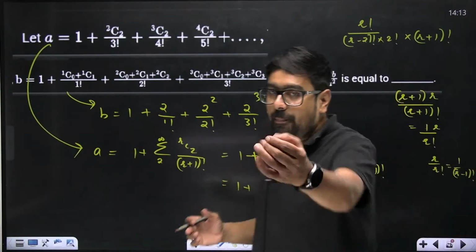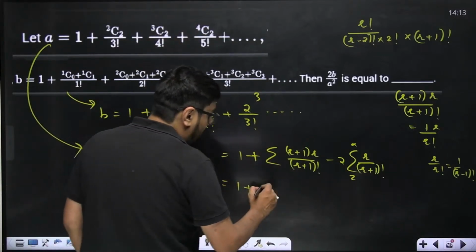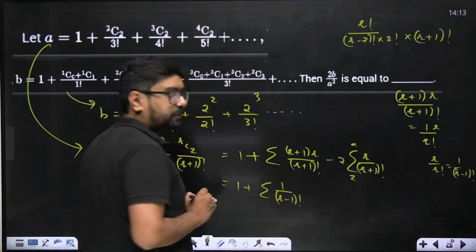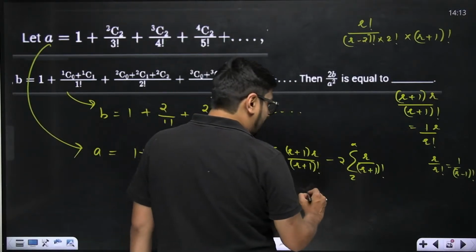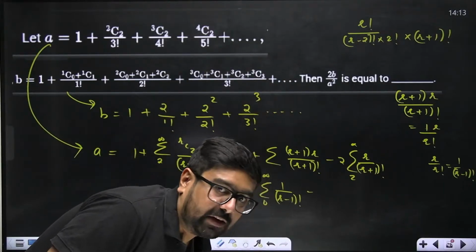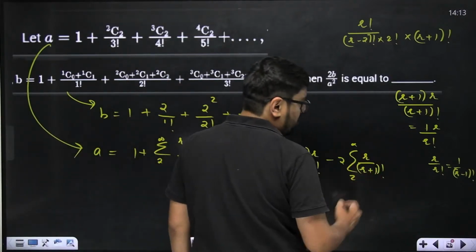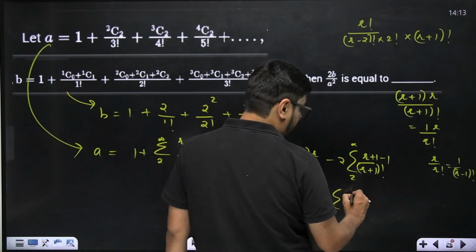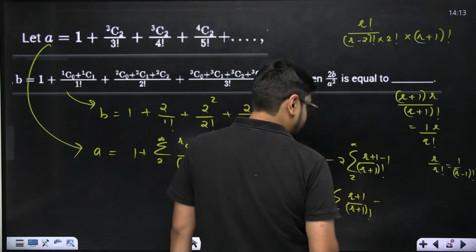And whenever 1 upon some factorial comes, you should be very happy, right? So here what are we getting? Summation of 1 upon r minus 1 factorial, moving from 0 to infinity, correct? Minus. Now here is the problem. This is r upon r plus 1 factorial. Here also try to create 1 upon factorial, right? What we can do? R plus 1 minus 1 we can do. Plus 1 minus 1 we can do. So this will become again 2 times sigma of r plus 1 divided by r plus 1 factorial minus